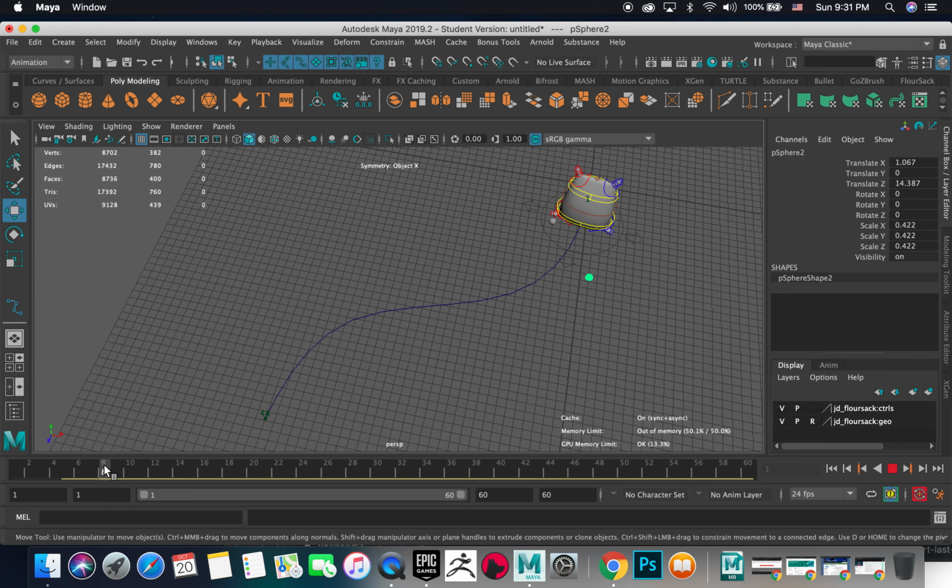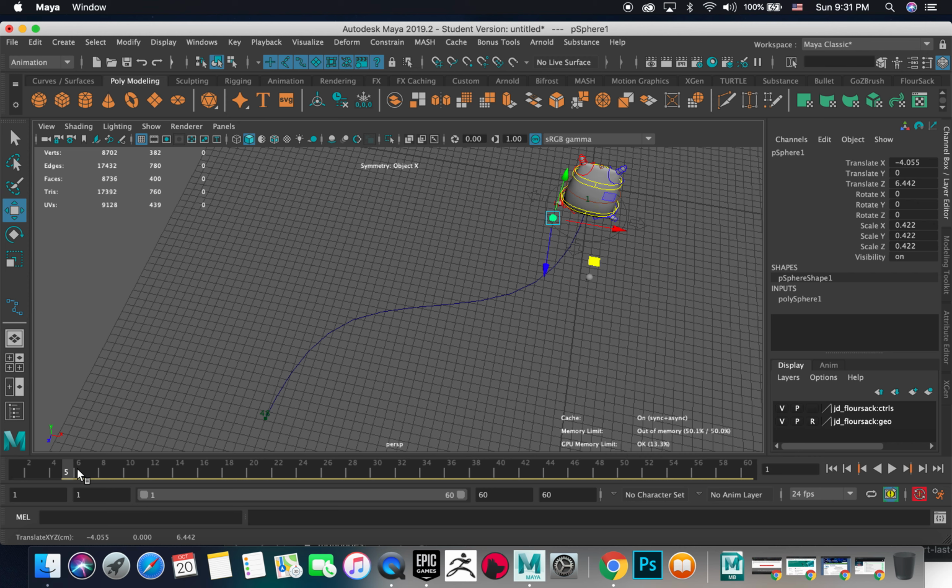So first step, that's pretty slow, and maybe I can move it a little closer. And then first step, then from here, second, and then duplicate that, and maybe third,